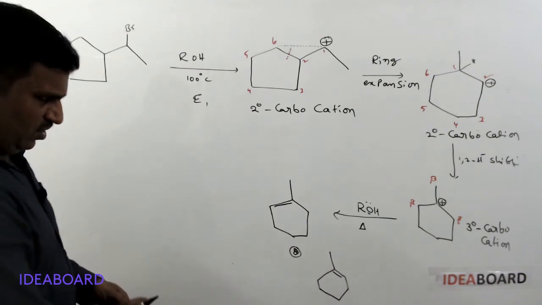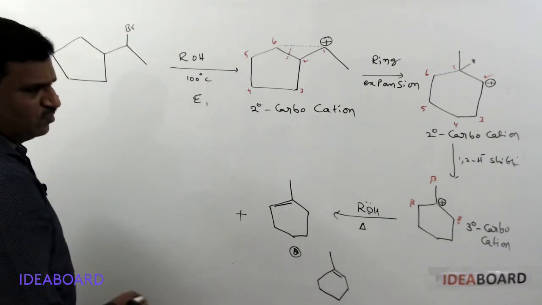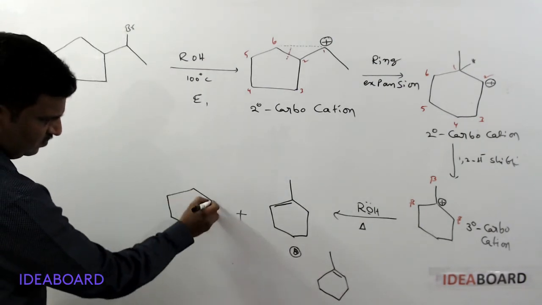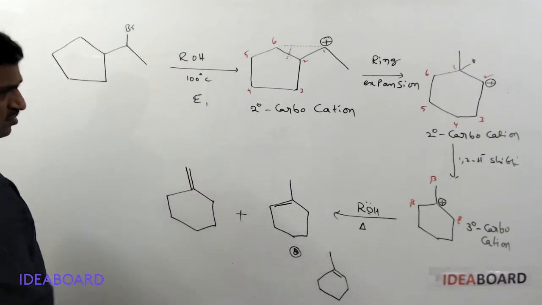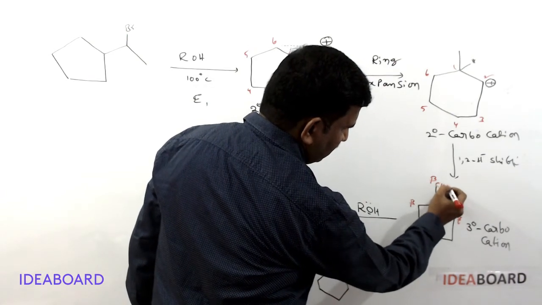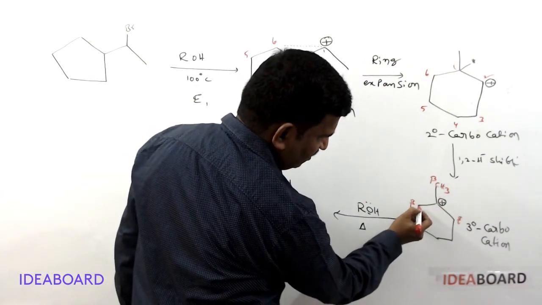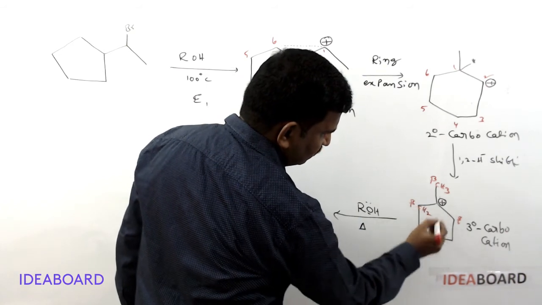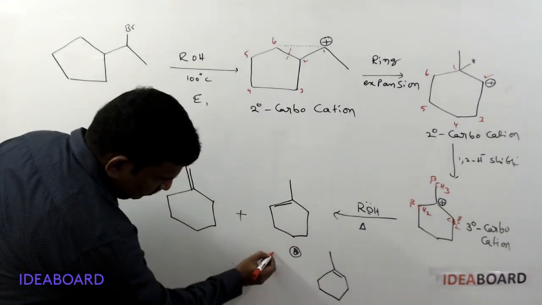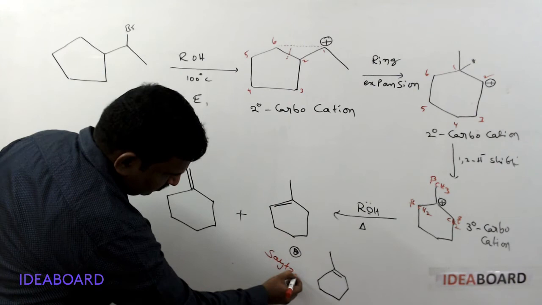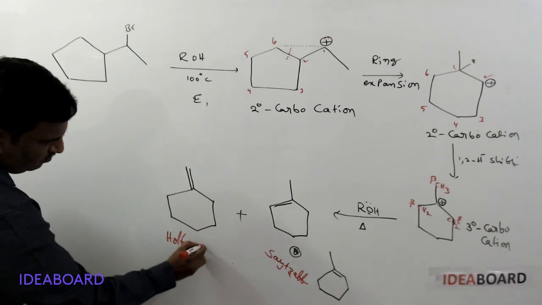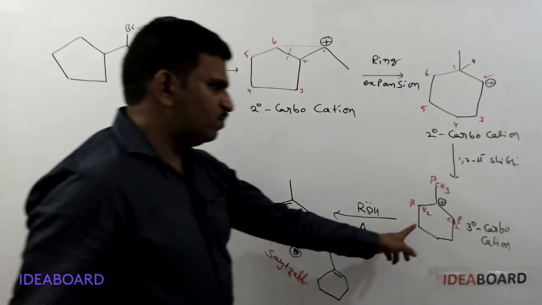It is not different. And what is the other product possible? This is called the Saytzeff product. The other product possible is this double bond. Why, sir? Here you please remember what is the position here? It is CH3. What is this here? It is actually CH2. Here also it is CH2. So as per Saytzeff, this is called the Saytzeff product, and this is called the Hofmann product.